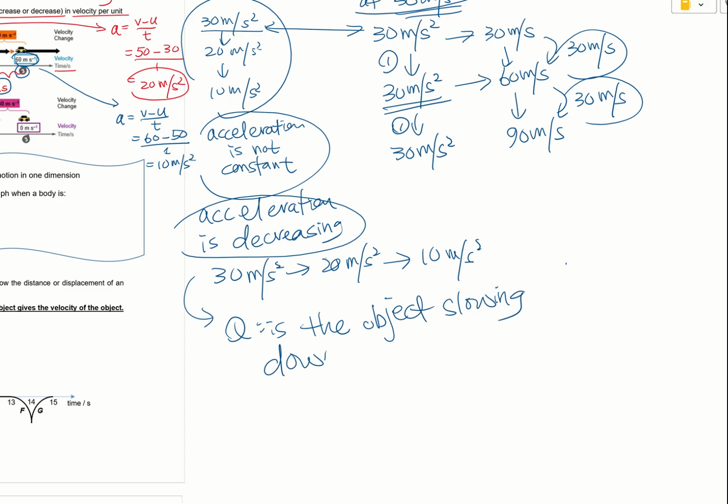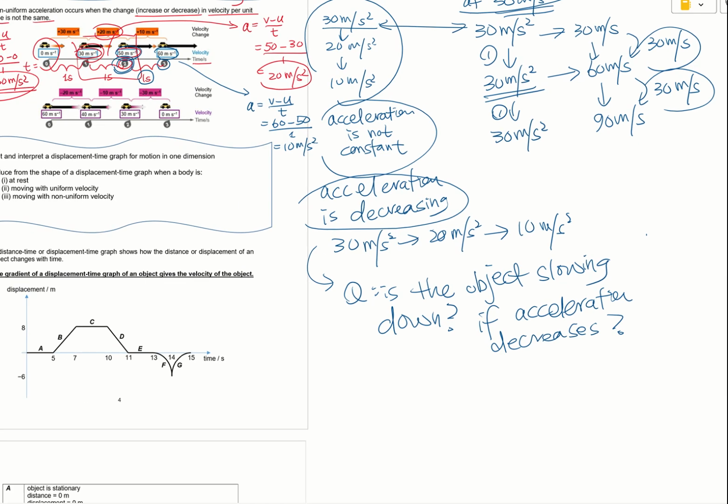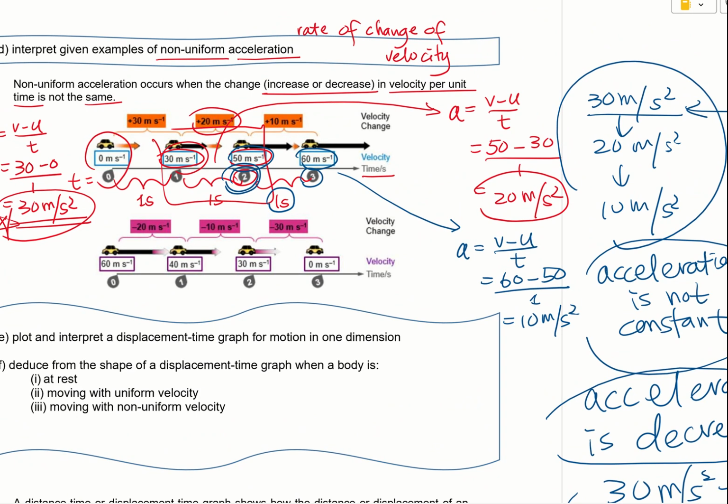Is the object slowing down if acceleration decreases? Okay, think about it. Now I'll explain. You see, even though the acceleration decreases, right? It went from 0 to 30. That was the initial acceleration of 30 meter per second square. Then it went from 30 to 50, so the acceleration becomes 20 meter per second square, and finally to 10